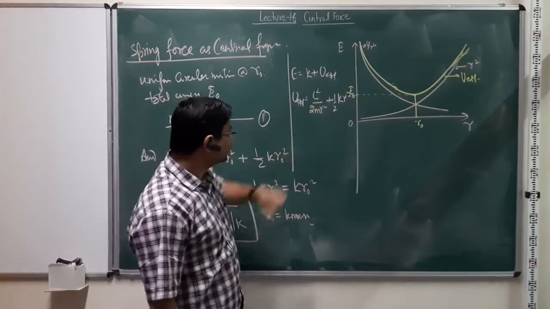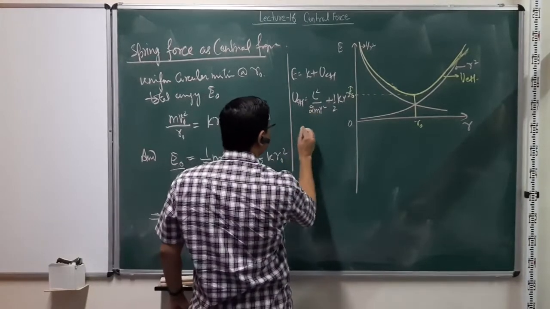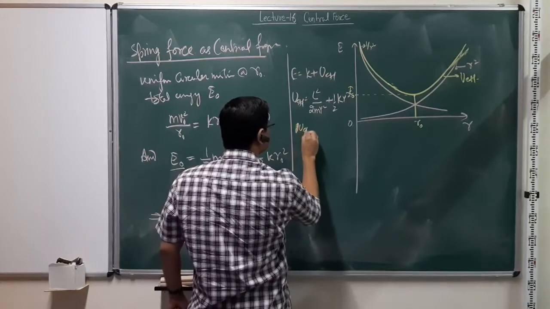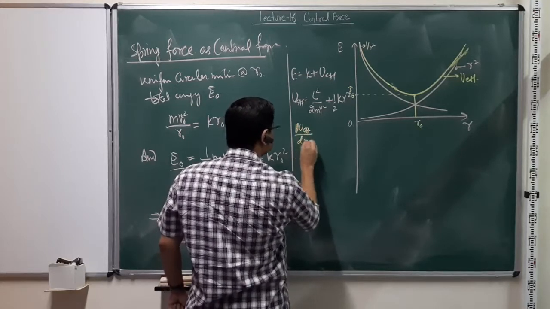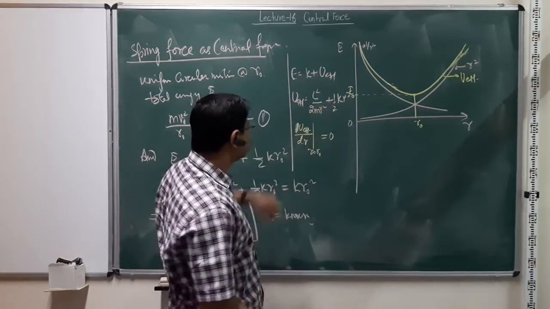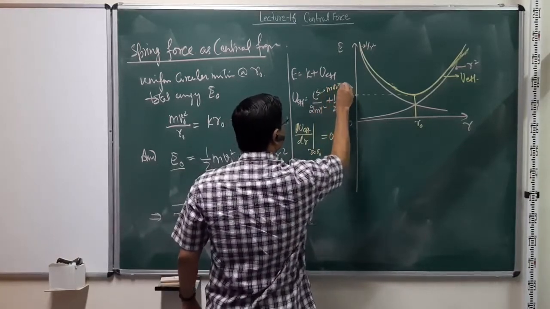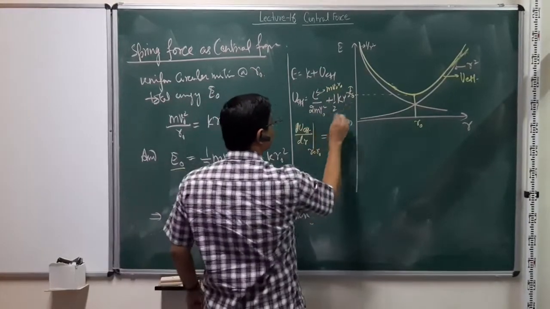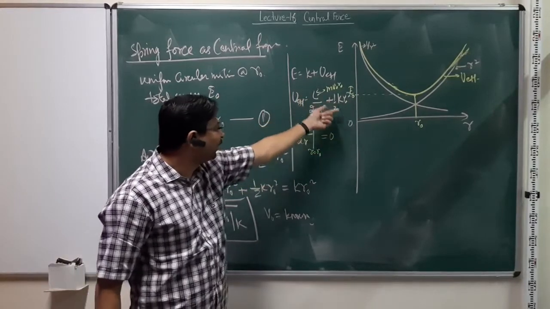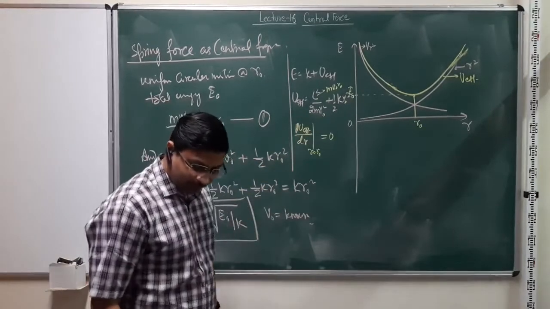Now, once we have written it down like this, we can also find this R0 from our effective potential. Since the effective potential is at a minimum, dU effective over dr at R equal to R0 is equal to 0. One can solve it here, and this is nothing but m v0 R0. So you can find the value of R0 again in terms of the angular momentum and the constant. It's going to be the same as this, just a different way of writing it down.